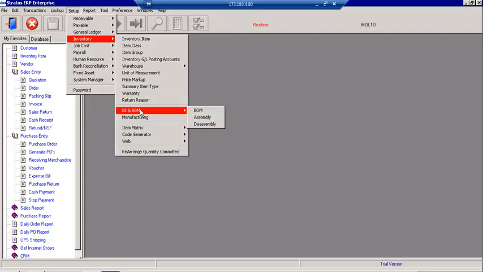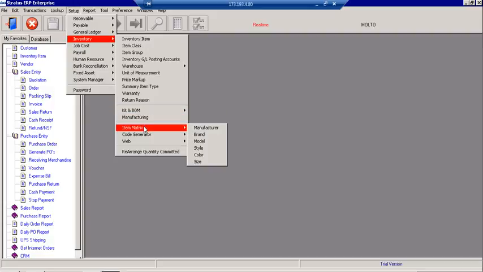As mentioned earlier, the system accommodates both kitting and bill of materials. You can set up kits, and you can also set up bill of materials with assemblies where the finished goods will be created and the raw material items will be backflushed upon completion. The system also accommodates color size matrix, where you can set up your items by manufacturer, brand, model, style, color,